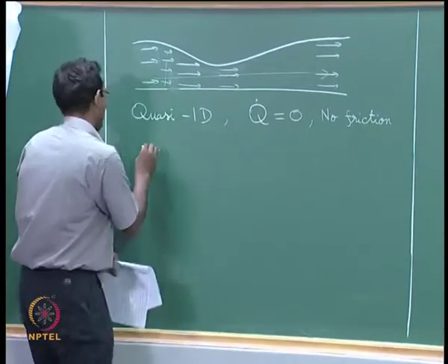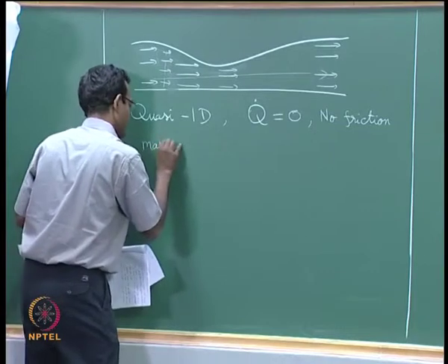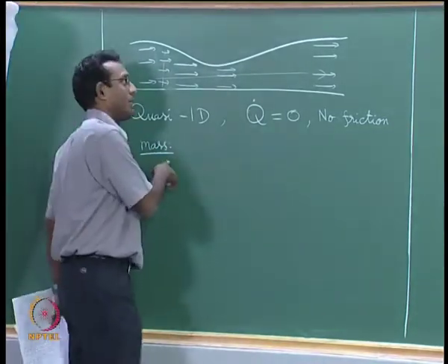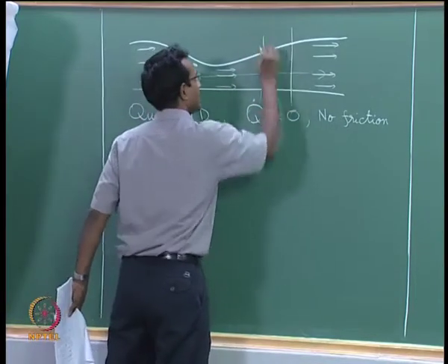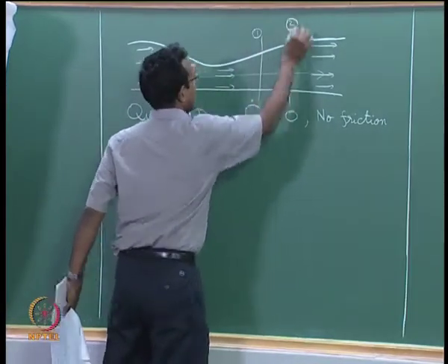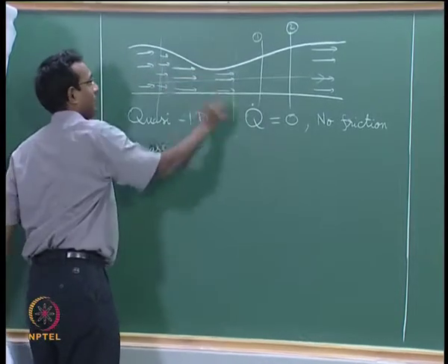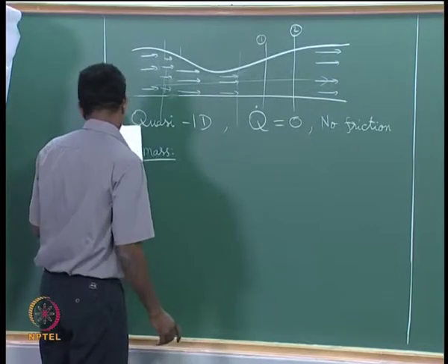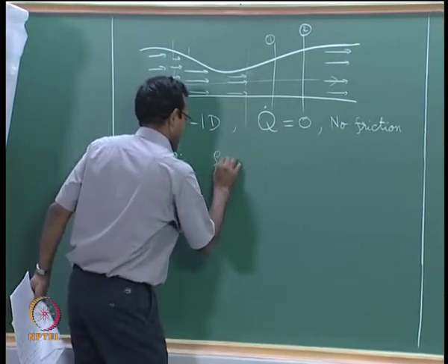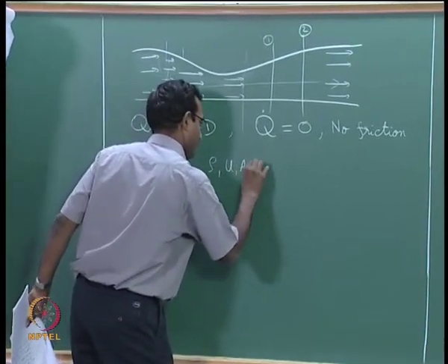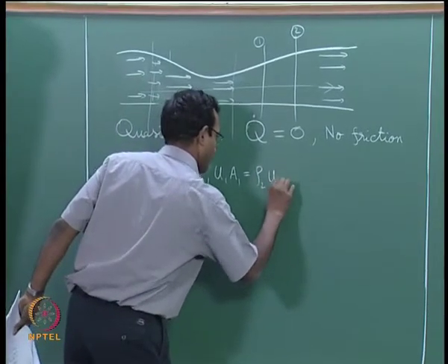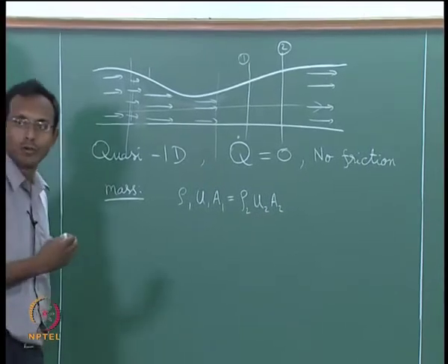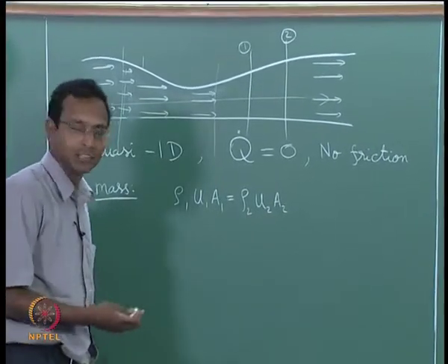Now if I think about mass equation, if I look at the integral form, the way I am going to start with this is I am going to pick two sections, section 1, section 2. It could be any section, it could have been here and here or here and here, whatever, just some two sections 1 and 2. We are just going to write the integral form. This is something you should remember from before, rho UA is a constant, that is the mass flow rate through the duct.